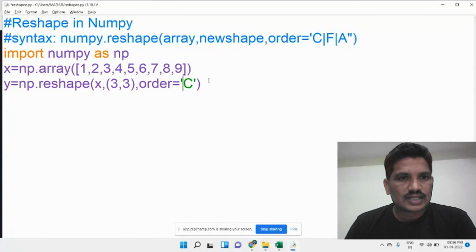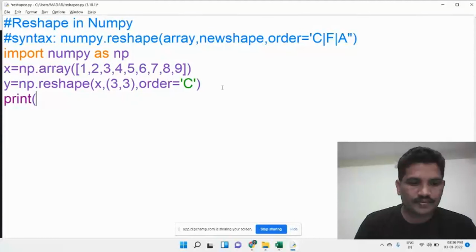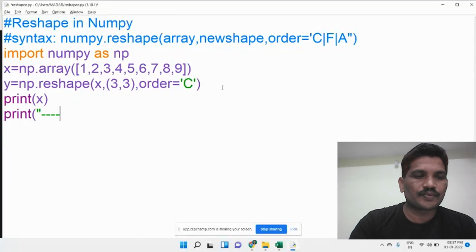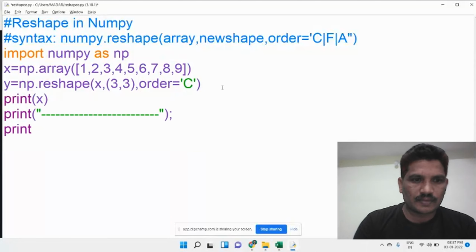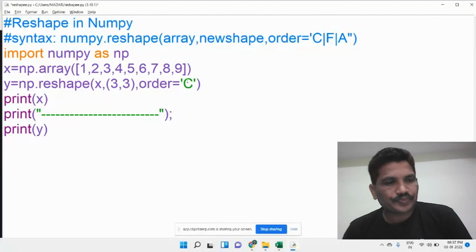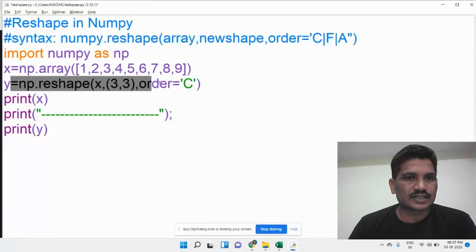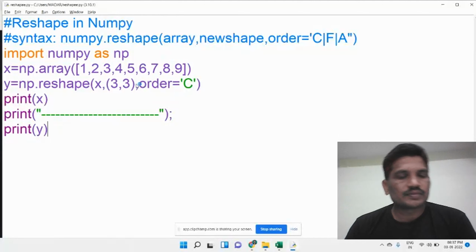Order equal to C. Then I would like to display: print x, then print y. Here x means the original array and y means the reshape result. Then what is the output you will see once you run this application?